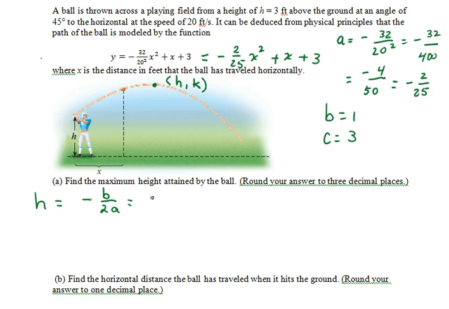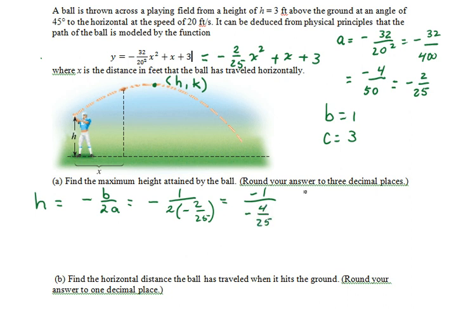So it is the opposite of 1 over 2 times -2 over 25. So we can write that as -1 over